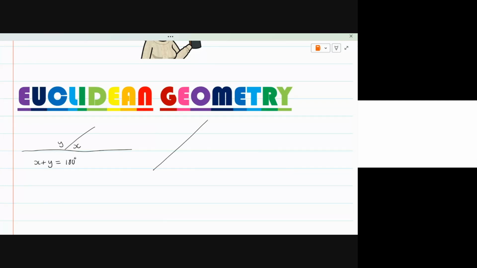We must know that the interior angles of a triangle, so x plus y plus z, is equal to 180. We also need to know about the exterior angle of a triangle. Let's try that again. I'm going to do this quickly. I know that if this is A and this is B and that's C, I know that A must equal B plus C, and that is the exterior angle of,